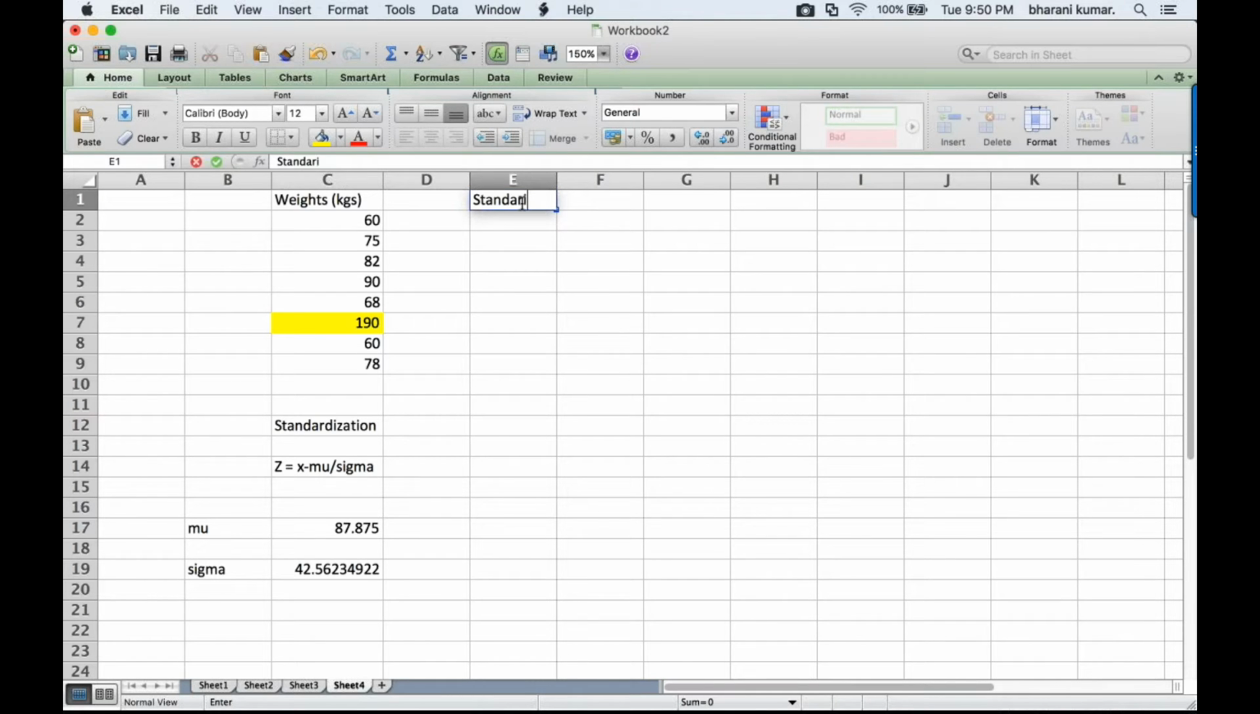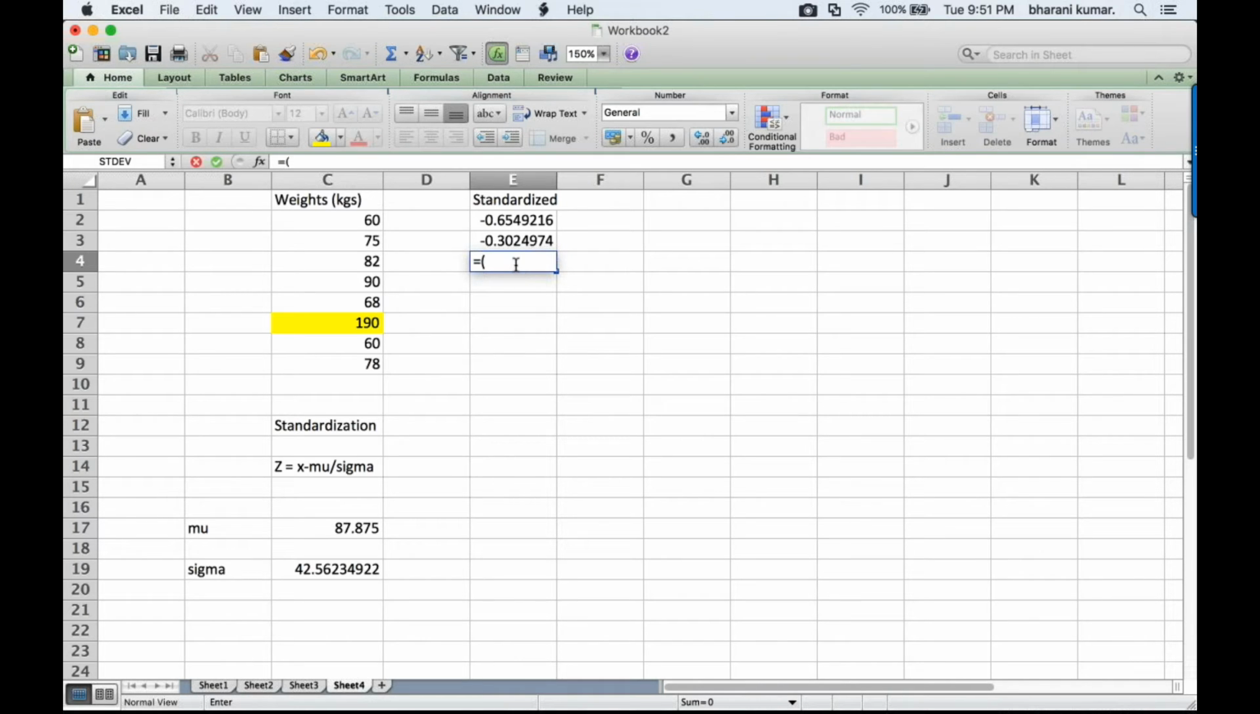Now, how do you calculate the standardized values? It's x minus mu divided by sigma. You get one value. I'll repeat it: x minus mu divided by sigma. You get another value. So if you keep doing this,